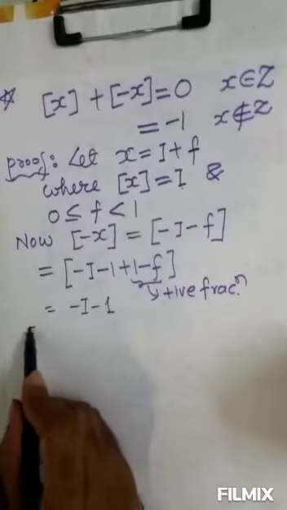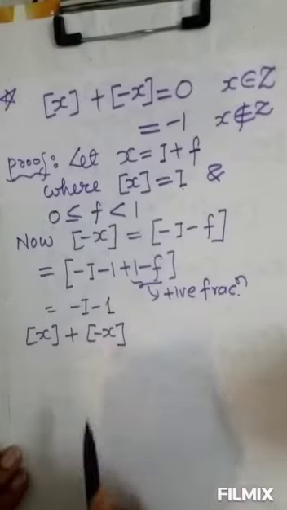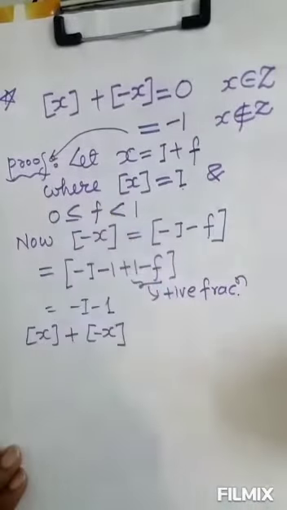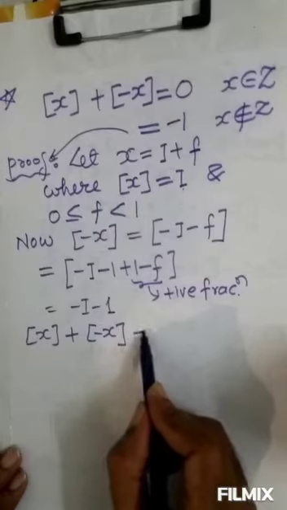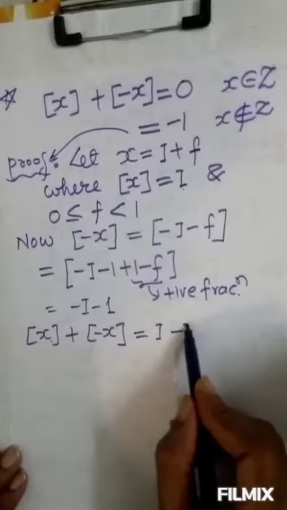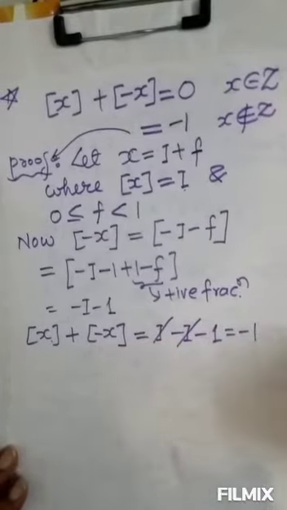Now if you see greatest integer x plus greatest integer of minus x, this is what we are doing, the proof of the second one. In this case, greatest integer x is I, and greatest integer of minus x came out to be minus I minus 1. This I gets cancelled out and the sum equals minus 1 is established. Now let's see a few more things regarding these concepts. These are properties or not, that you will come to know after our discussion.